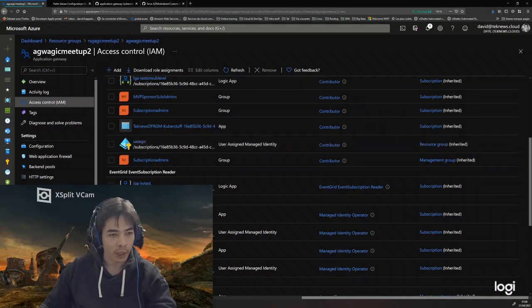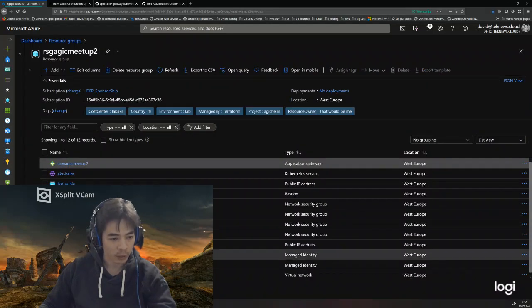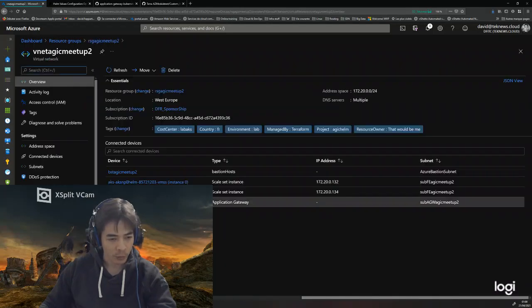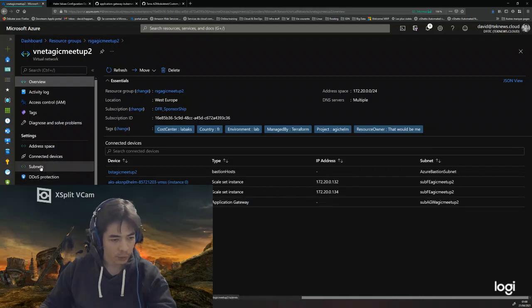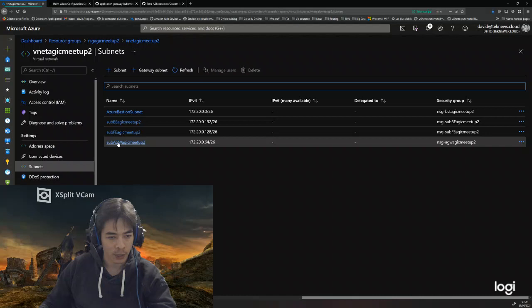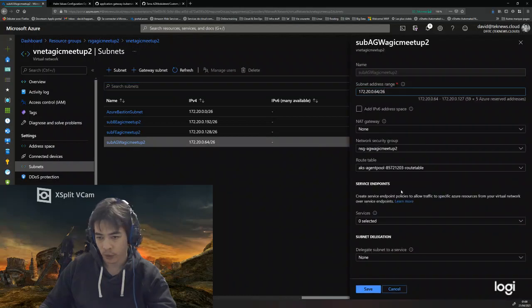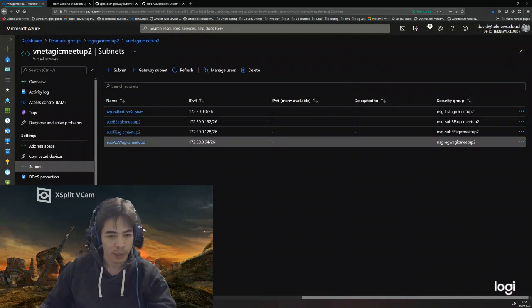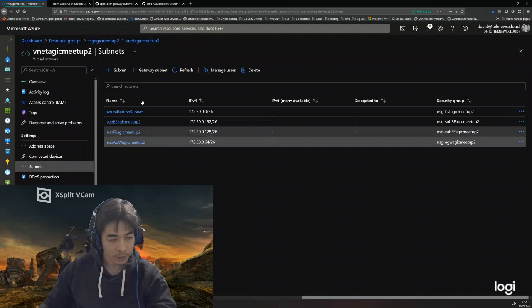And if I'm looking also at my network, I do have the same configuration over there with my subnet for application gateway AGW. And I have also the route table which is associated. So I'm ISO in terms of deployment. I have the same deployment with the add-on that I have by doing it myself. So I'm pretty happy with that.